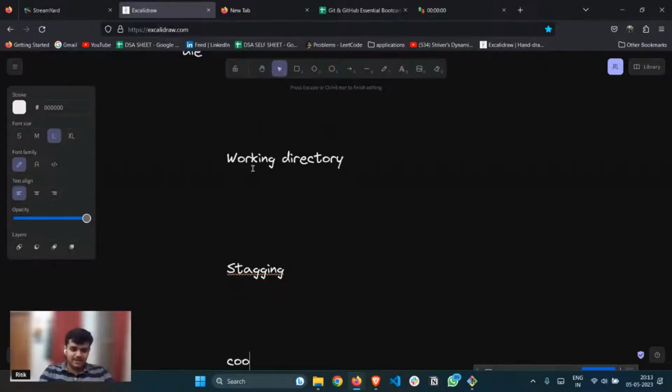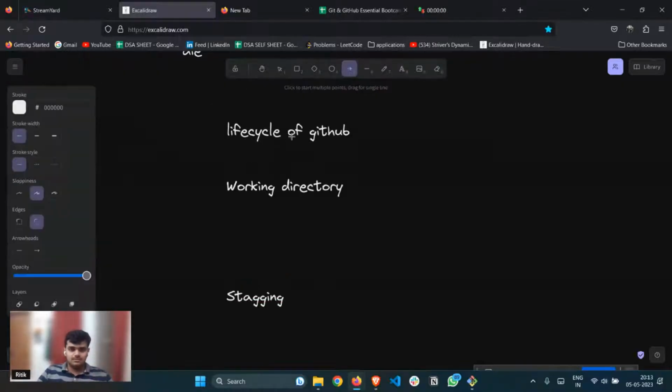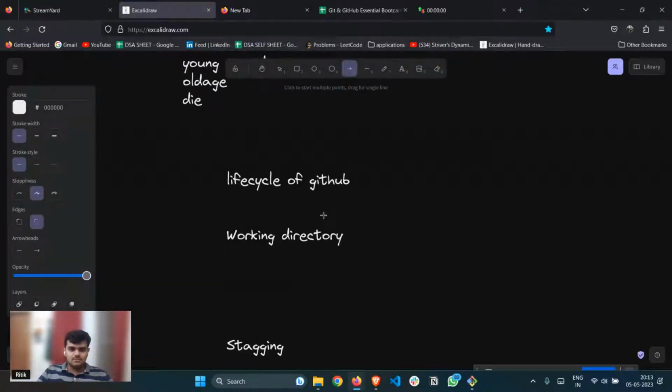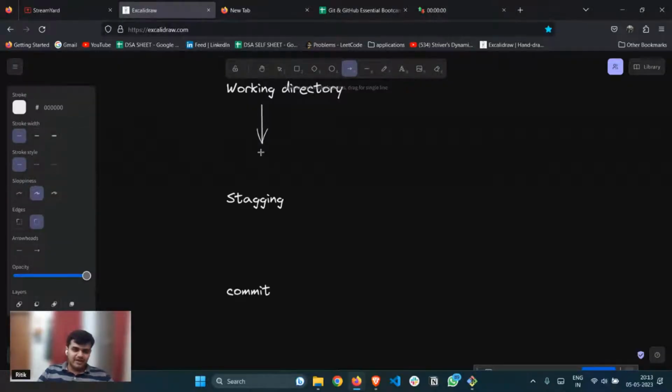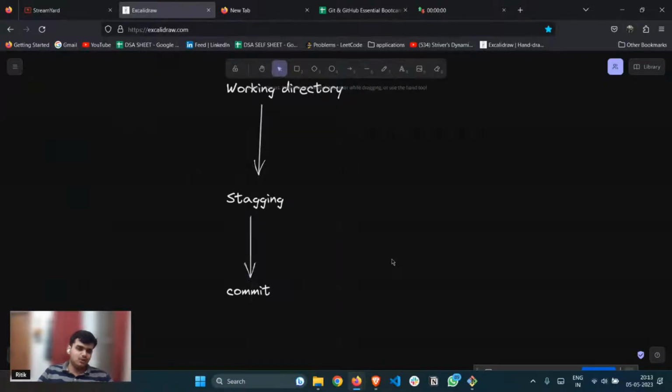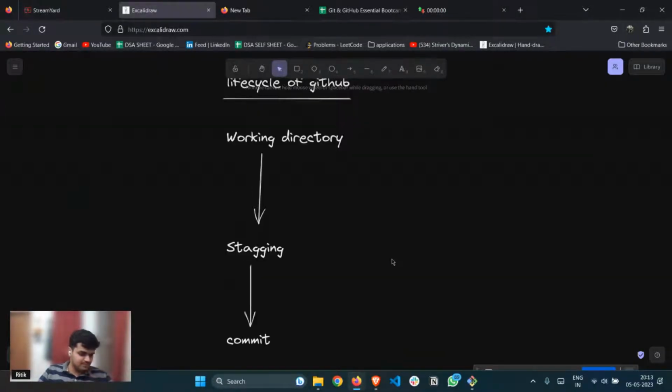After that, you have a commit area. Okay. Yes. Now you have the working directory, then you have the staging area, and then finally you have the commit area. ठीक है,